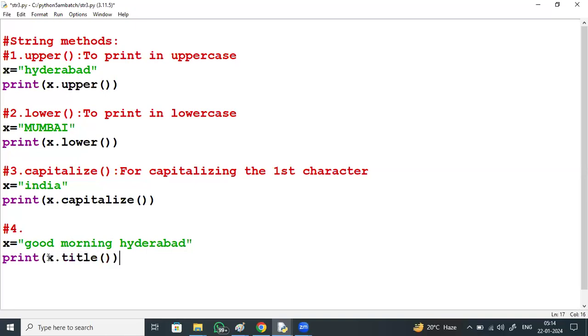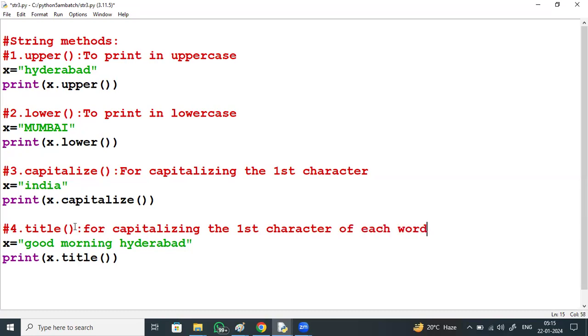Each and every word, first character in uppercase.